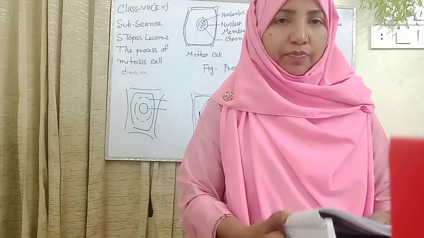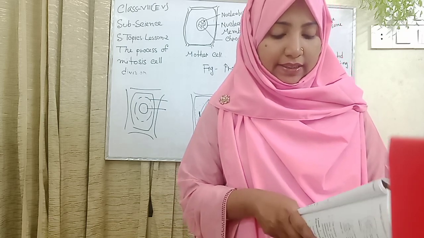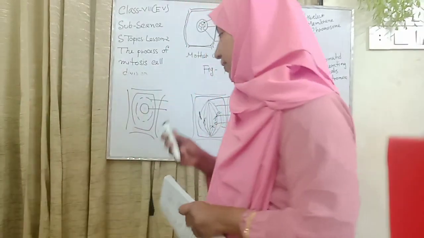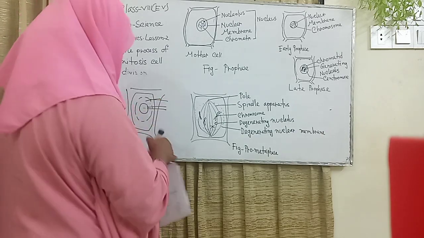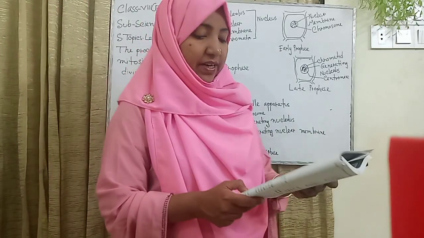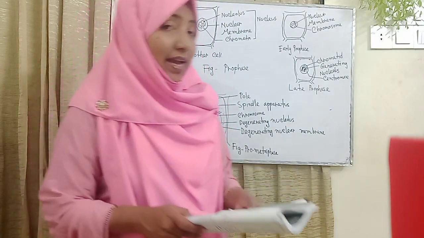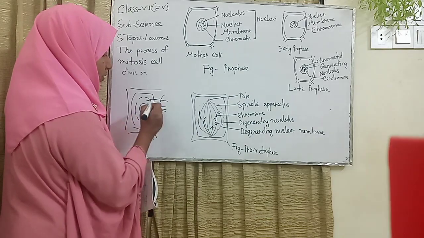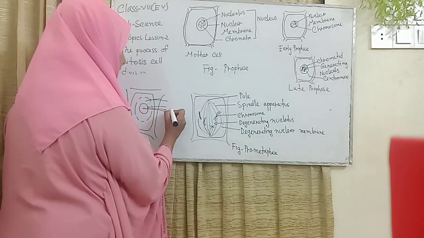The process of mitosis takes place in 2 phases. The nucleus divides in the first phase and the cytoplasm in the second phase. The division of the nucleus is known as karyokinesis. My dear students, when only the nucleus divides, the name is